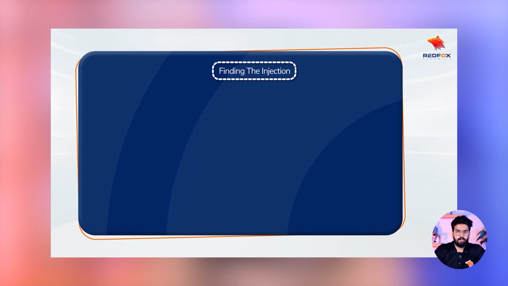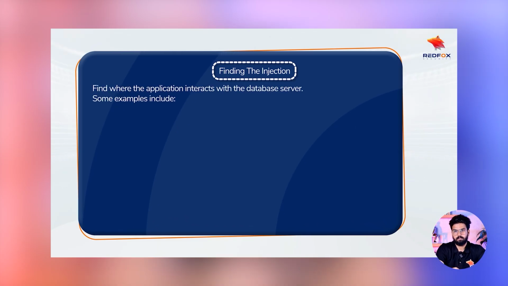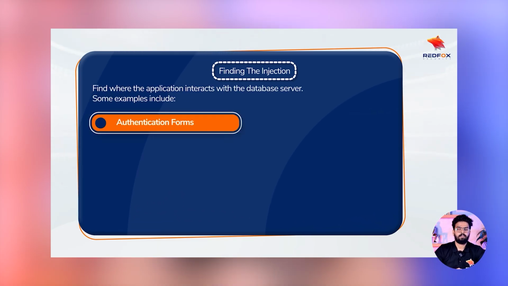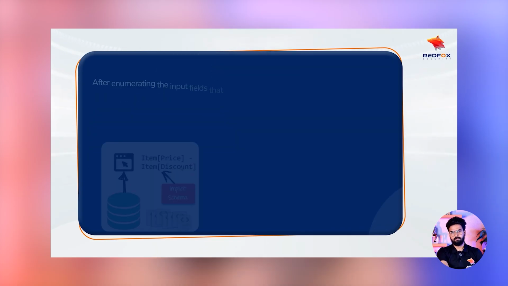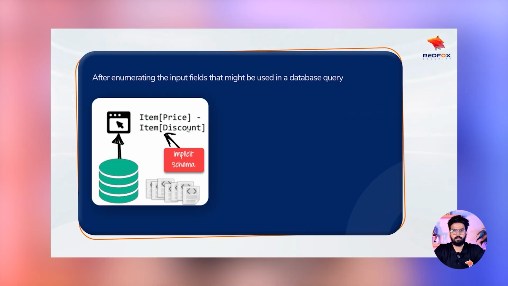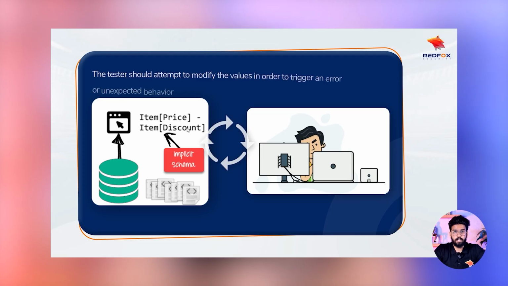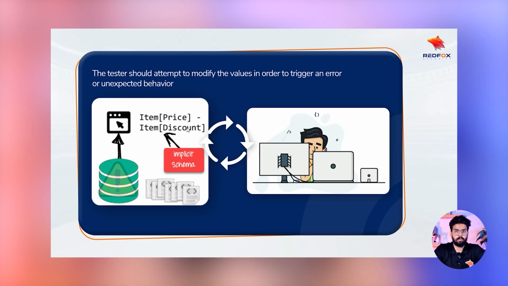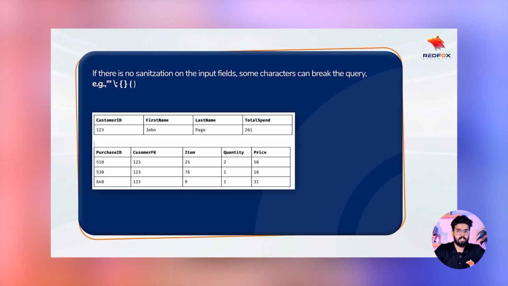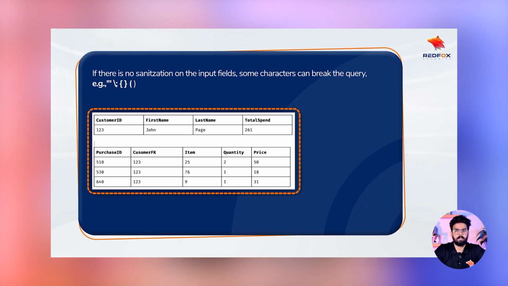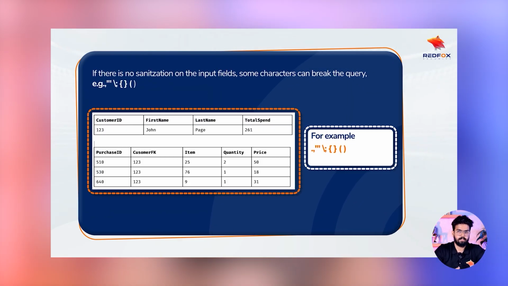Finding the injection. Find where the application interacts with the database server. Some examples include authentication forms, filtering or search forms, headers or cookies. After enumerating the input fields that might be used for the data query, the tester should attempt to modify the values in order to trigger an error or unexpected behavior. If there is no sanitization on the input fields, some characters can break the query. Example: